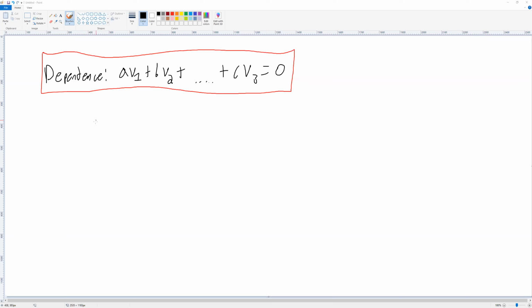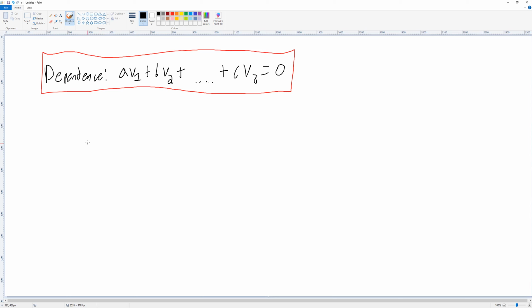Because obviously if I do 0 times v1 plus 0 times v2 plus 0 times v3, I can get it to equal 0. But if I can do even just one of them that isn't 0, then the whole set will be linearly dependent. One implication of that is that if the 0 vector is one of our vectors, then the set will always be dependent. That's not so important here, but that's one implication. So I'm asking,